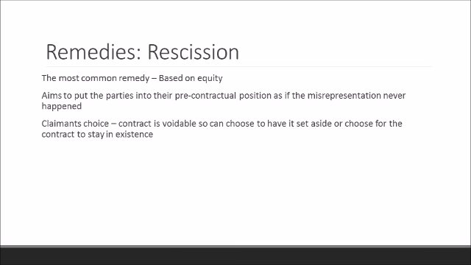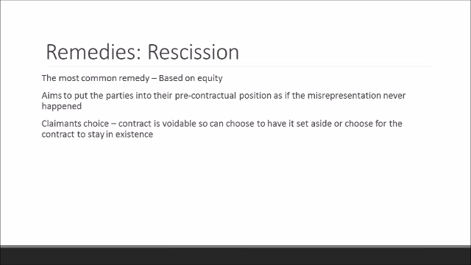The most common remedy is rescission. This is the one that claimants seek out the most, and it's based on equitable principles. Now, a misrep will render a contract voidable. This means that the innocent party has the choice as to whether the contract should remain or cease to exist. This remedy is available for all types of misrepresentation, so that includes fraudulent misrepresentation, negligent misstatement, negligent misrepresentation, and innocent